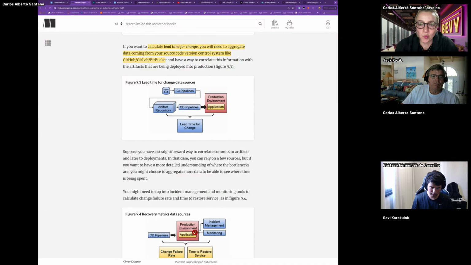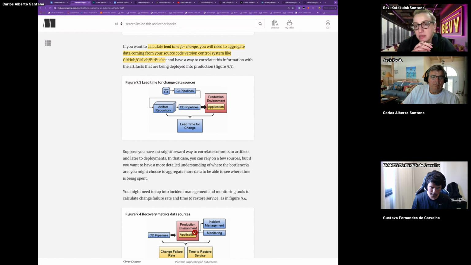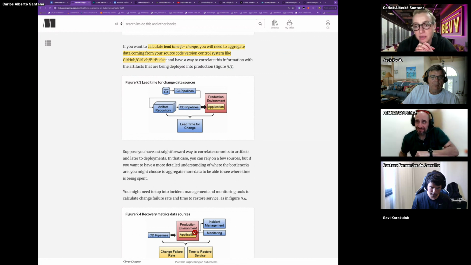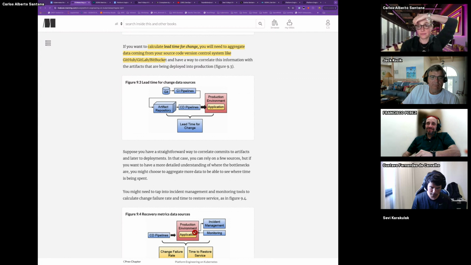Approval. The famous "my manager needs to click the button." Because your manager is the one doing the testing. Yes, so your organization has managers doing testing. So yeah, approvals. Sometimes not the manager, but the SRE team, right? Or the release process itself, the security checks, doing everything manual that has to be done. You got it. You got my one. Change events, change management, all of that. The ticket. I think Sevi got the one that I was looking for: manual.